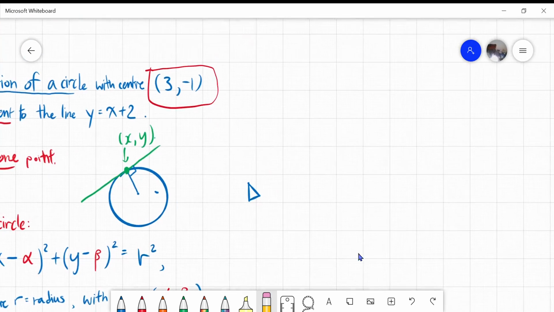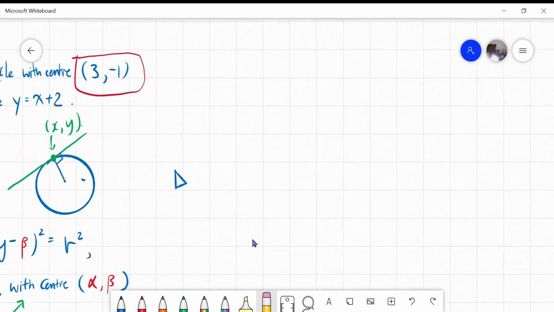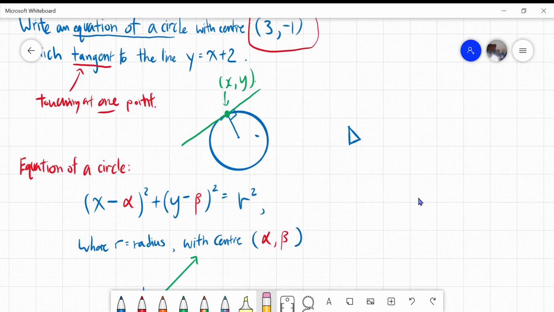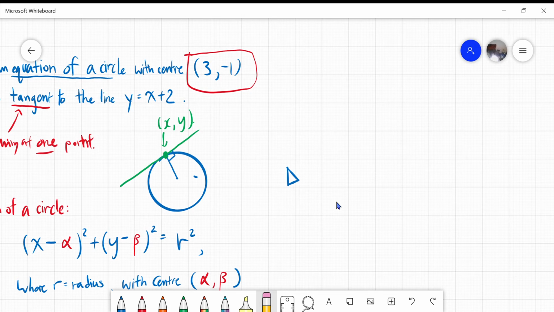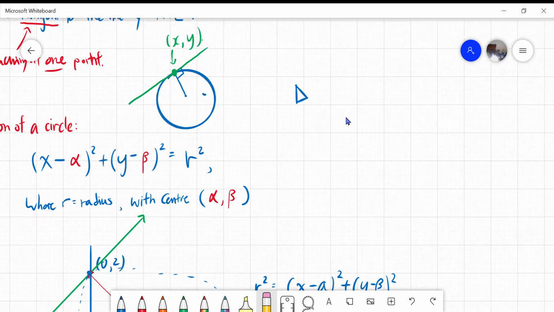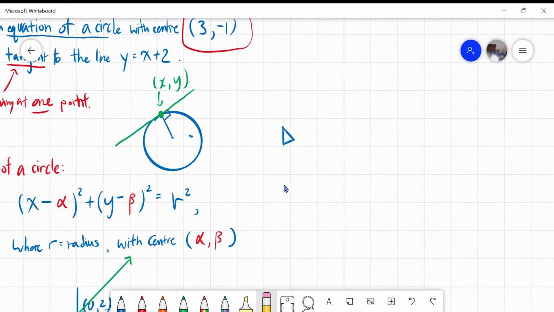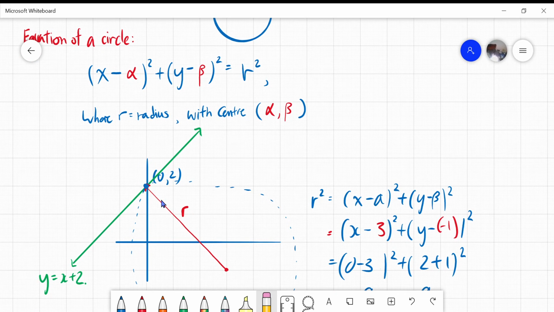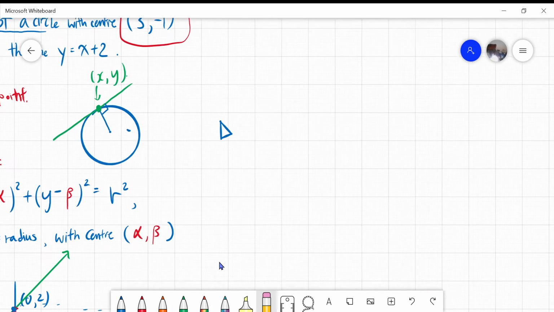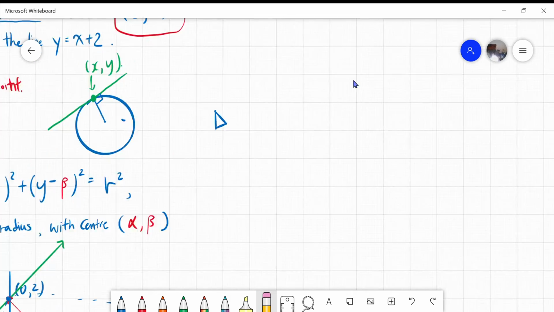So same as before, we will be using the equation of a circle. But this time, we are not going to assume anything. So we're not going to assume that the intersection point is at (0, 2). So how are we going to do that? Well,